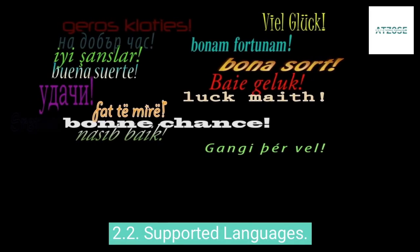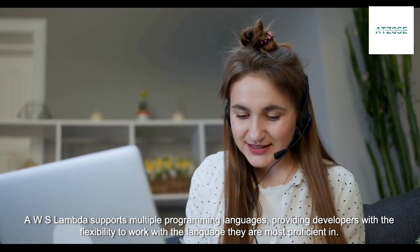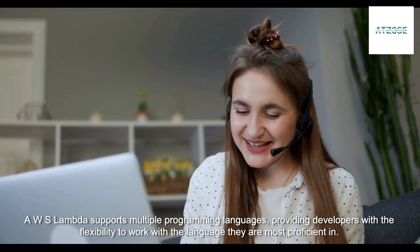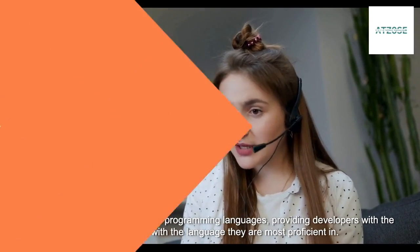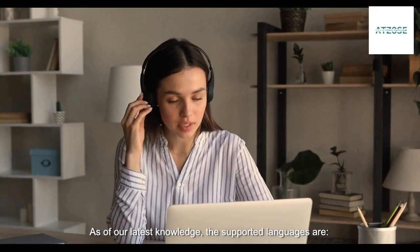Supported languages. AWS Lambda supports multiple programming languages, providing developers with the flexibility to work with the language they are most proficient in. As of our latest knowledge, the supported languages are